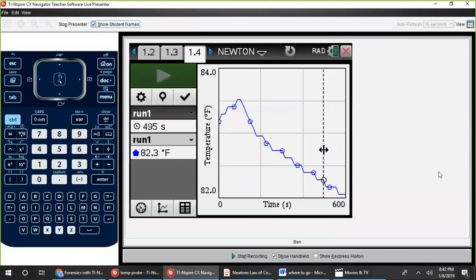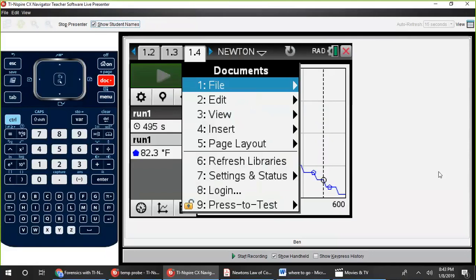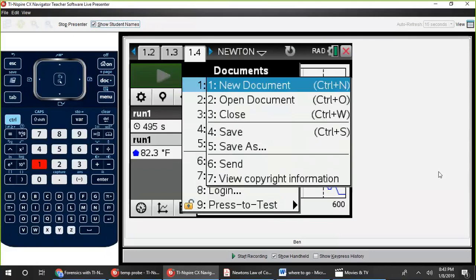Okay, so basically what Audrey is saying is the student becomes the teacher, and the keys that are pressed on the handheld turn red on the live presenter screen. So I will try to remember to use the numbers instead of mousing down to everything. So Ben goes to the Documents key. You can see that's red. 1 to File.